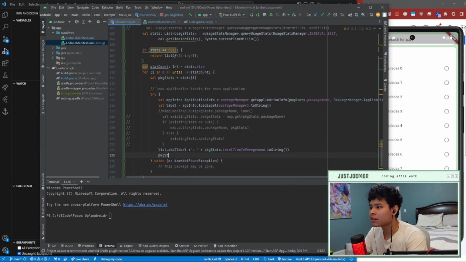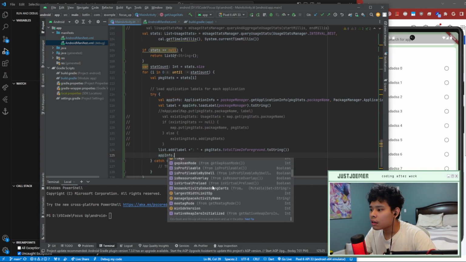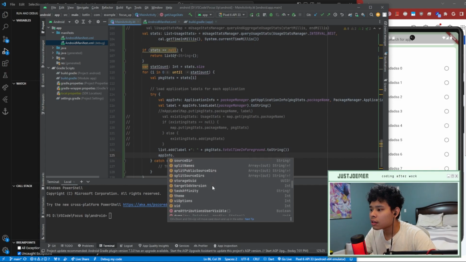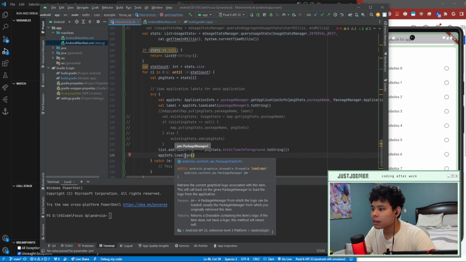Maybe it was app info? Might be app info. Yeah, here it is. Load icon or load logo. So we can go ahead, retrieve the current graphical logo,